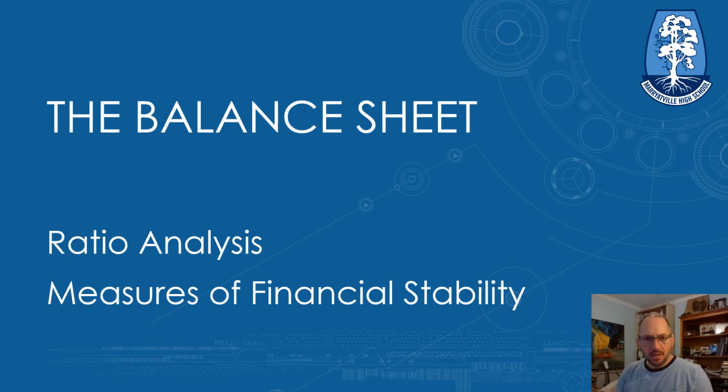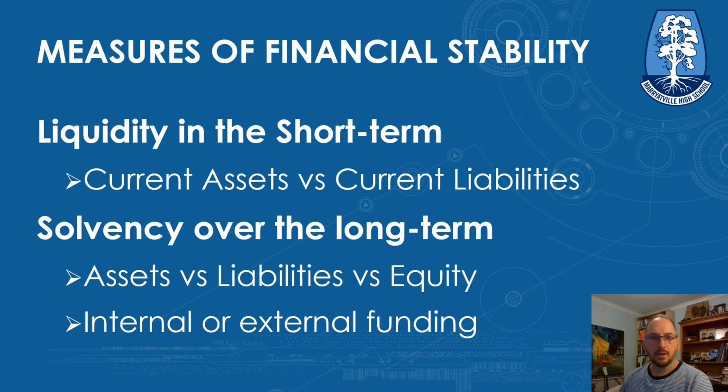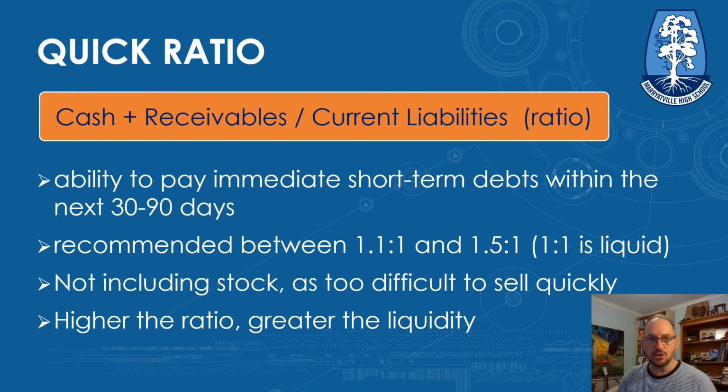In this video, we're going to have a look at the balance sheet and in particular ratio analysis, a couple of ratios as measures of financial stability. We are continuing to look at liquidity in this video, and in particular, we are going to be looking at the quick ratio. The quick ratio is calculated by adding up all your cash equivalents and receivables and dividing them